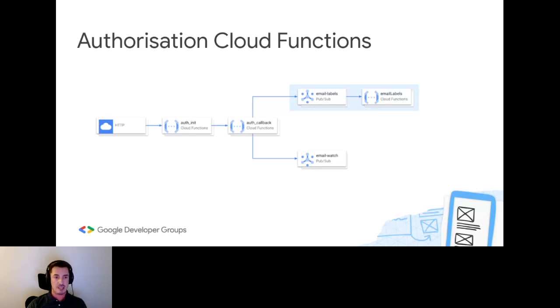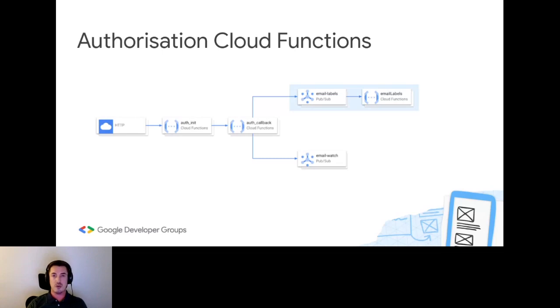But mostly it's clicking the URL, you log in with your email, and then you will get that pop-up where it says that this framework will need access to view and edit your emails, right? That will be done by the authorization cloud functions. So the use case here is that, at the beginning, the user grants the phishing email framework access to their Gmail account. Once that is granted, we execute the auth_init function, which is the second one.